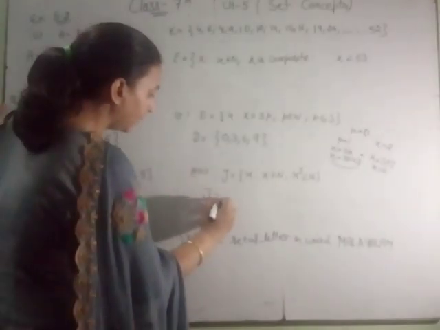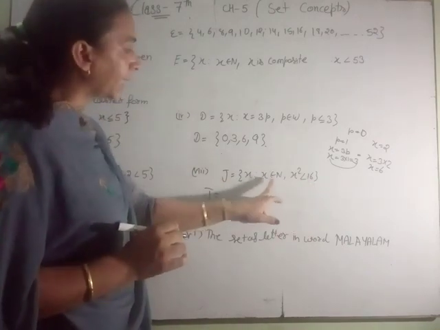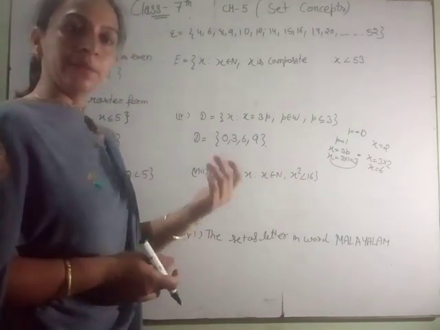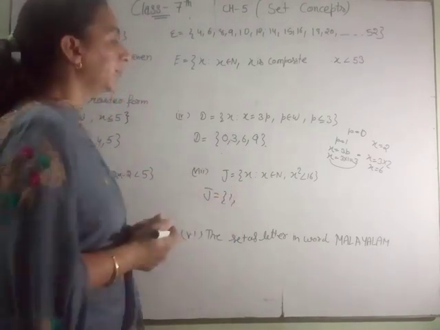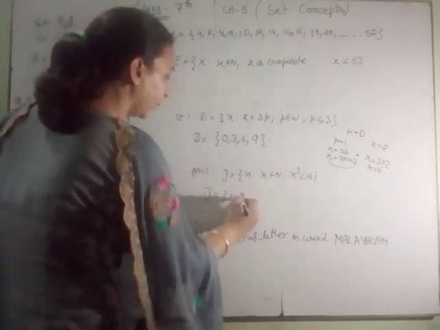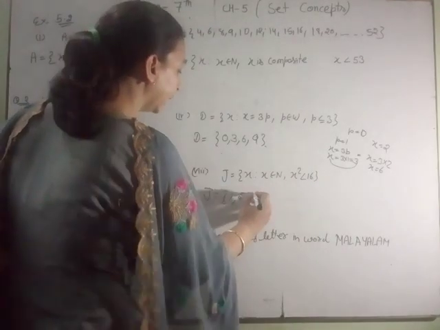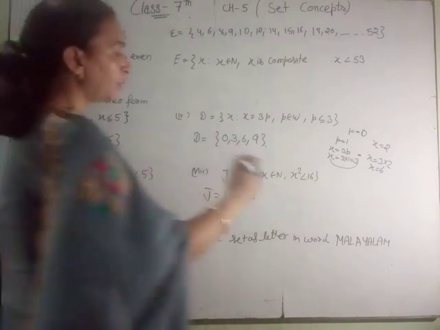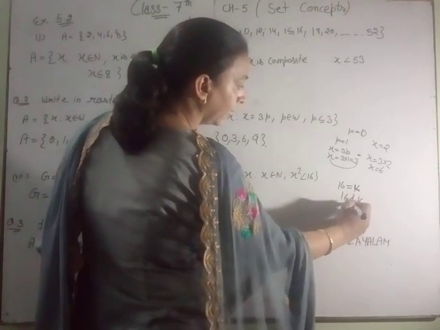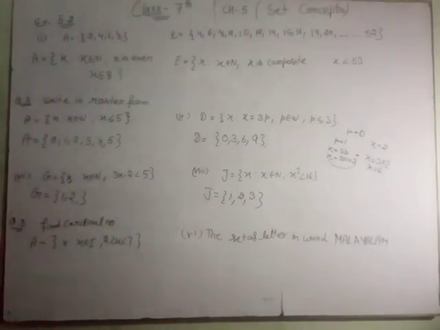Next, in set Z, x belongs to N and x squared is less than 16. We take those x that belong to natural numbers and satisfy this condition. If we take 1, then 1 squared is 1, less than 16. Then 2 squared is 4 and 4 is less than 16, so we take 2. 3 squared is 9, also less than 16, so we take 3. 4 squared is 16, but 16 equals 16, not less than 16, so we don't take 4. These are the 3 elements of set Z.